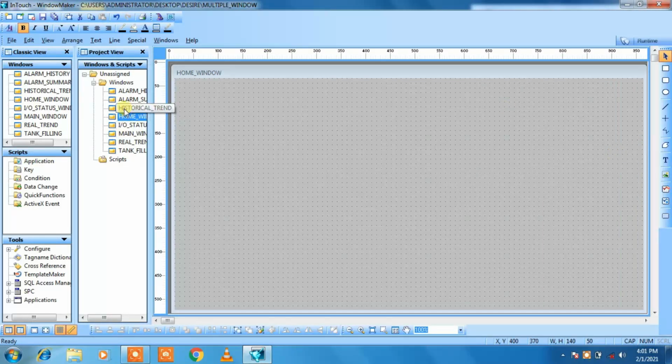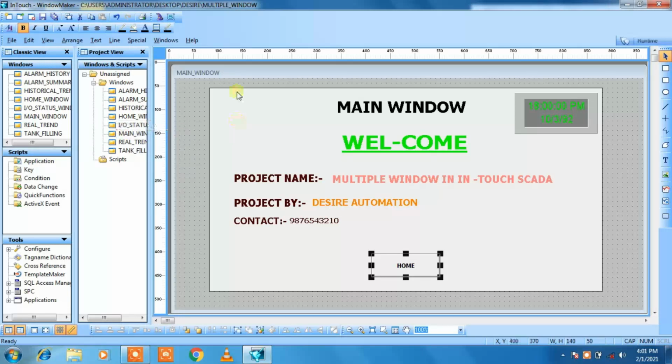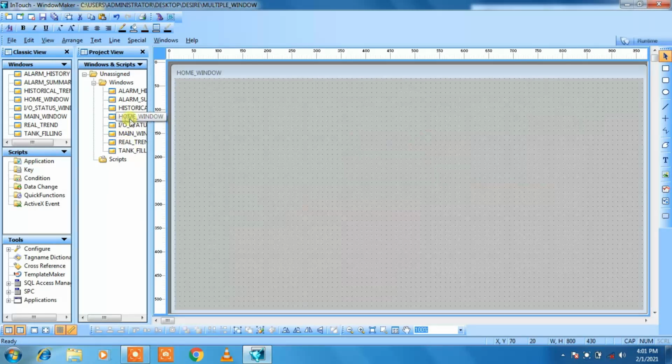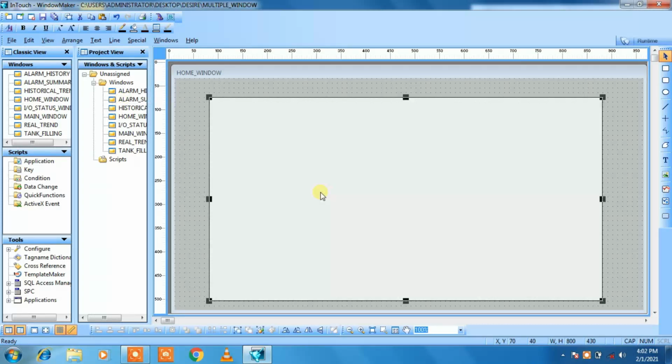We will take that square as per our main window, so let me copy it, go to the home window, just paste it. You can see I have taken the rectangle box, a white box from the previous window.